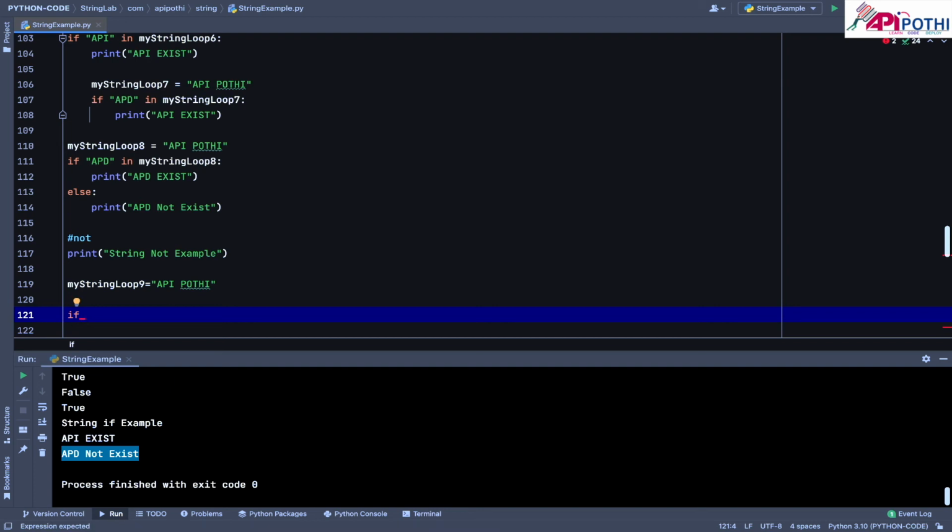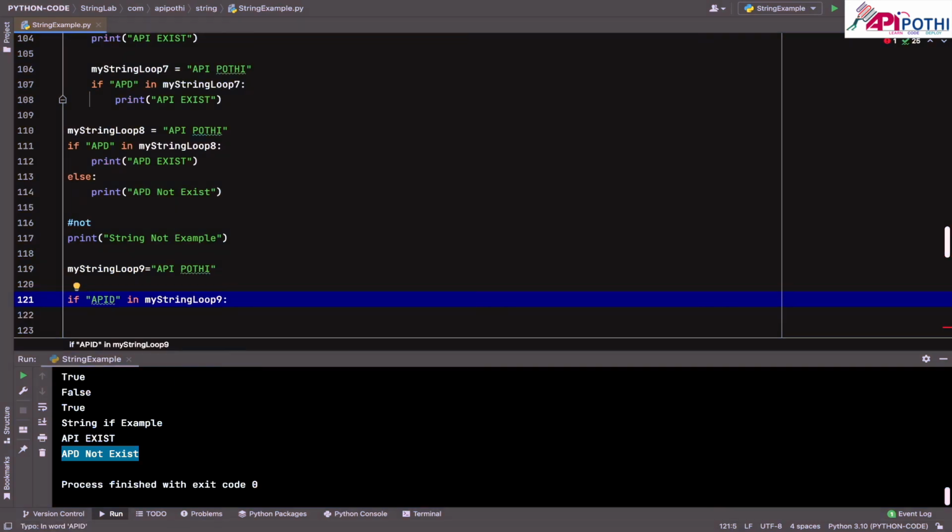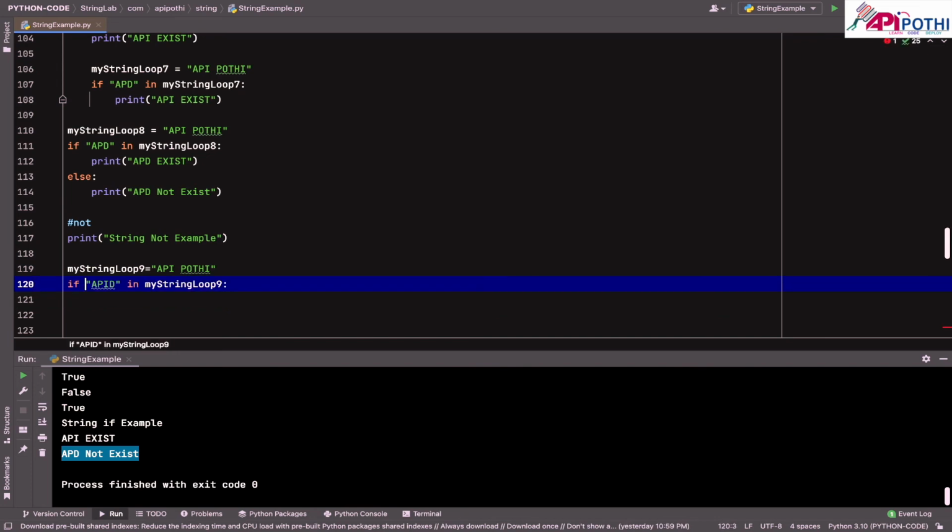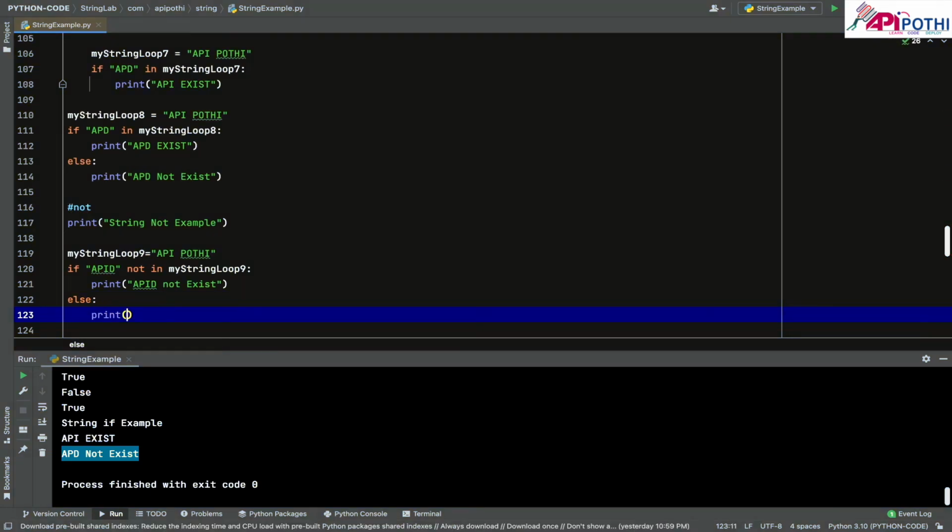What I'm doing here is I'm saying if APID not in, I'm interested in not only. So what I can do here, I can say not in. Instead of in, I can say not in. Okay. I'm just printing here saying that APID not exist. Okay. Else print